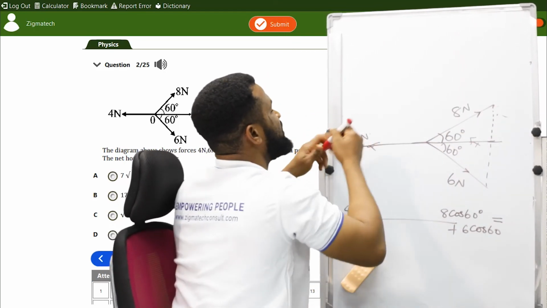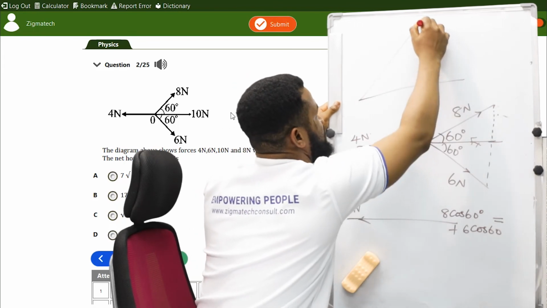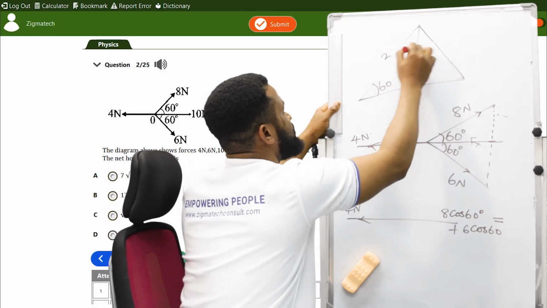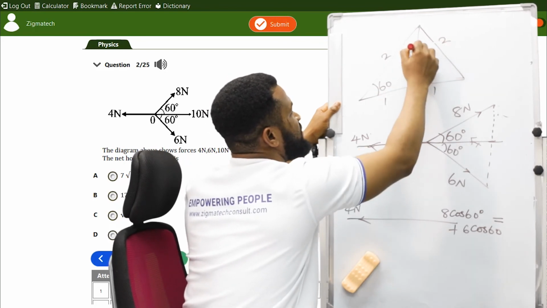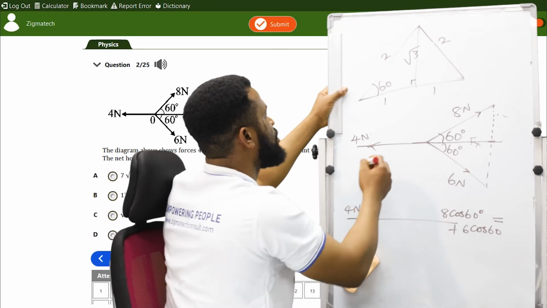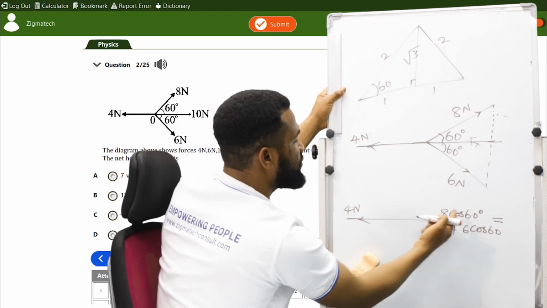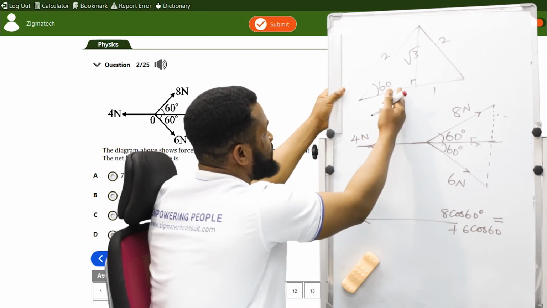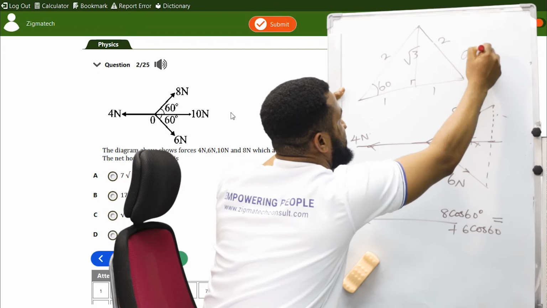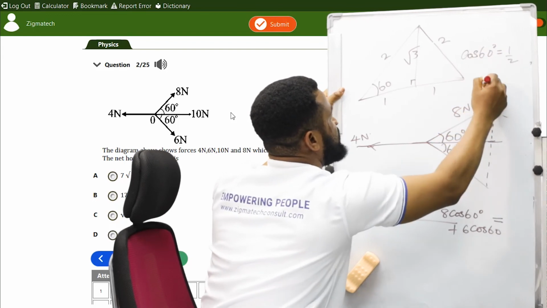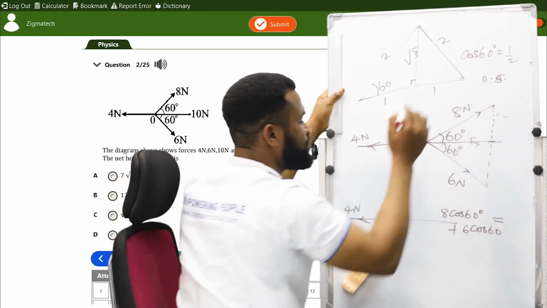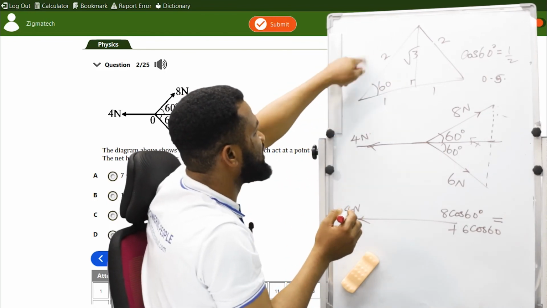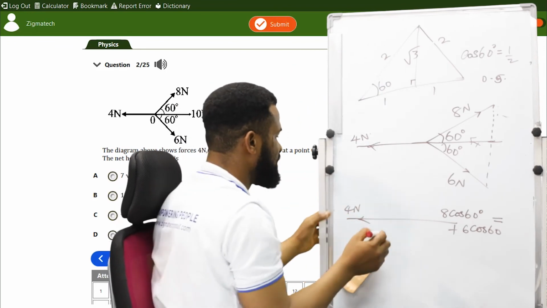I'm going to go back to this special angle proof, which says that if this angle is 60, this is 2, 1, root 3. Now, cos is adjacent over hypotenuse. So, from this thing I have done, cos 60 is going to be 1 over 2, which is 0.5. Therefore, that is adjacent over hypotenuse from this. This is an equilateral triangle. All right, I have